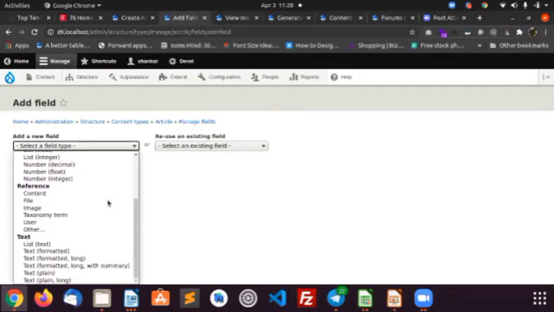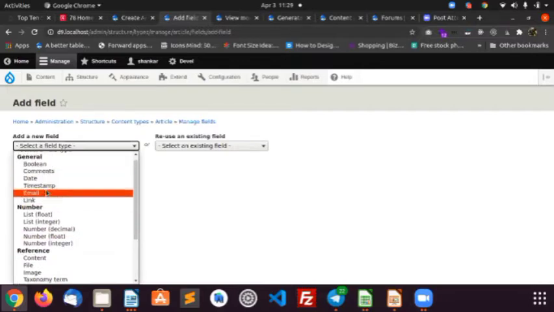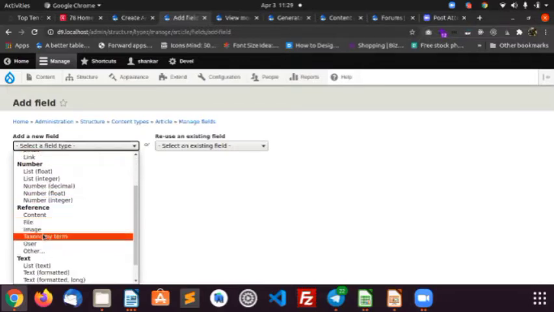If one is available, you can download it and put it in your Drupal application. Then once you enable the module, you can get some fields from there. Just to explore, there is the general part, number part, reference, and the taxonomy term.